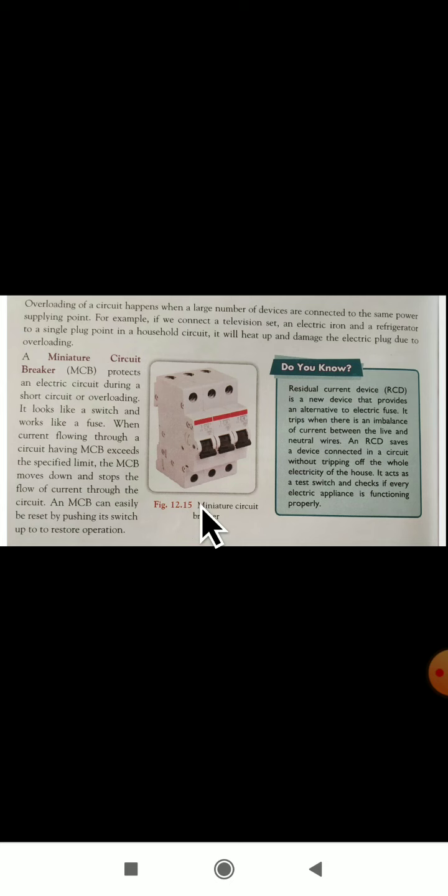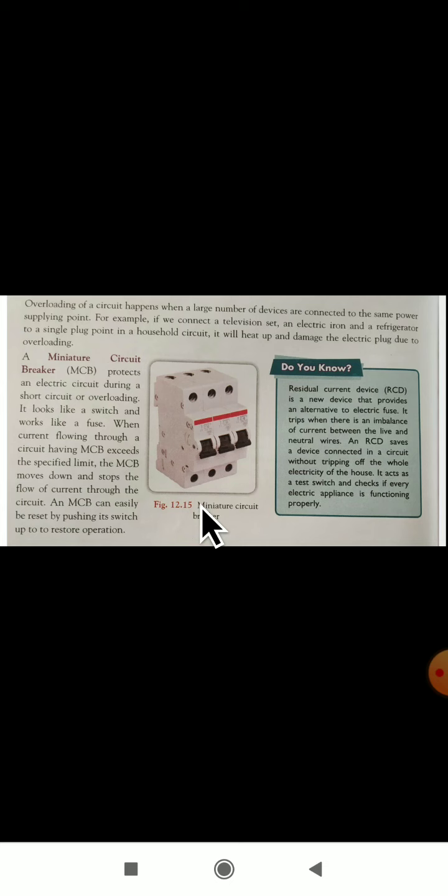So in a home we will not make only one electric plug; we will make many electric plugs. Separate for the TV, separate for the fridge, and even for the iron we use a separate electric plug. Why are we making separate electric plugs? To avoid overloading. Overloading may damage an electric plug. To avoid this damage, we make separate electric plugs in households, offices and schools. We are not using only one electric plug.